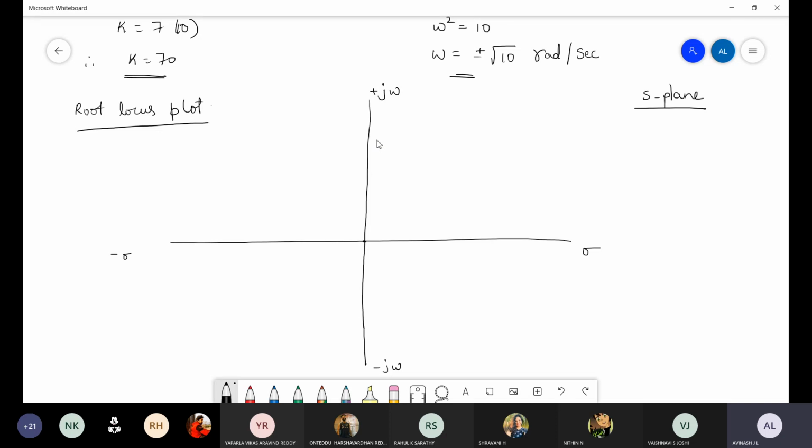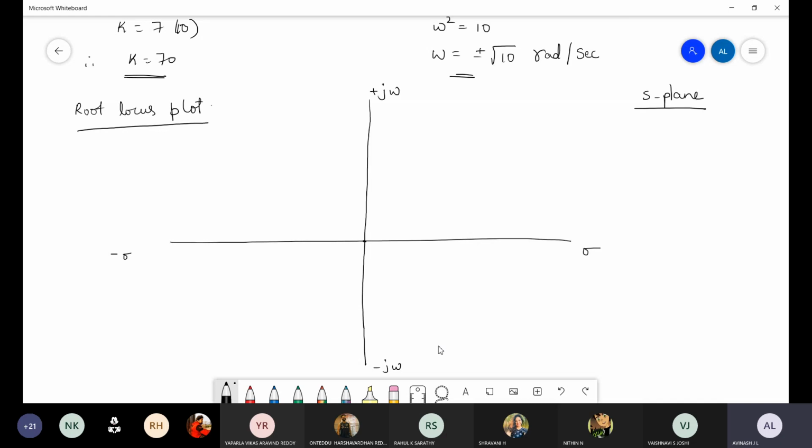Now, when the origin is there, what is the first step in plotting the root locus? All of you listen carefully. I will take 1 minute of your time. Tell me, how many of you are listening to the class? Please raise your hands. And how many of you completed this particular stage? Please raise your hands. Okay, very good. Remaining all, please concentrate.